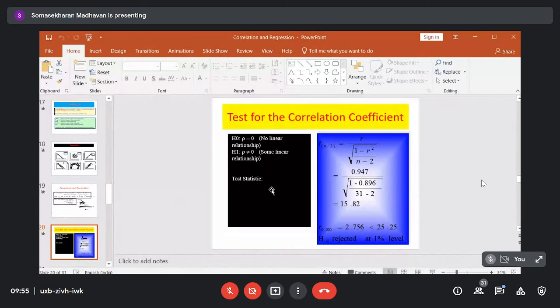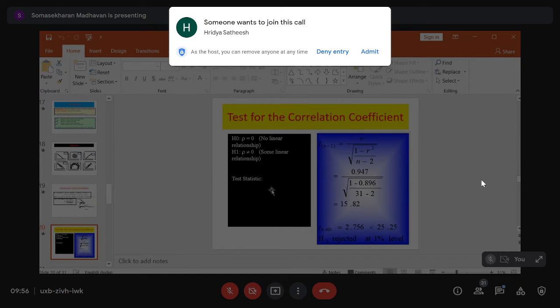And the last question is, suppose you constructed the model and you have a regression coefficient. Since it is an estimate, how do you establish that the relationship is significant? Significant in the sense that the slope is significantly different from 0. In order to establish that relation statistically, you have to test the values of the correlation as well as the regression coefficient. To test them, we use the t-test.